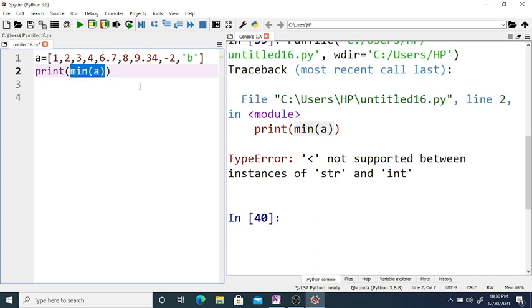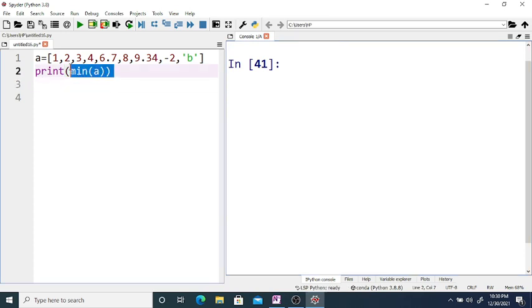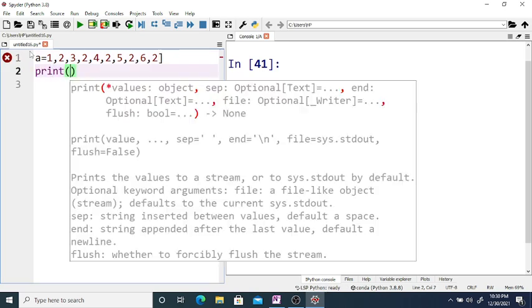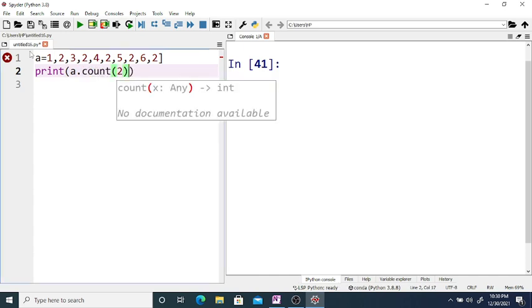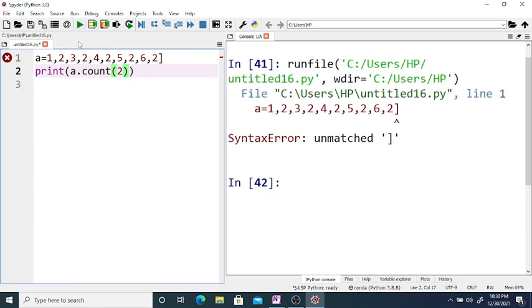Now if you consider a list, we clear the previous output. Suppose a is equal to 1 2 3 2 4 2 5, then again 2, then 6 and 2, and if you print a dot count 2, okay, there is an error.